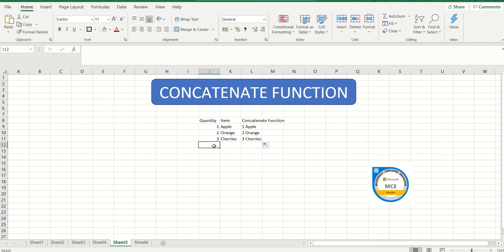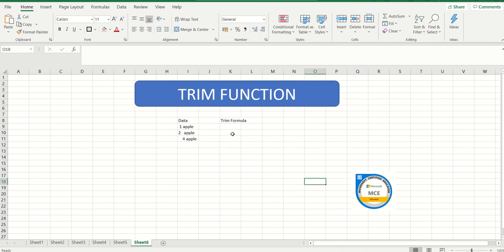So once again, the concatenate function that I have trained you on today is to put the entries in two different cells into one cell. Okay, all right. Now last but not the least for today, we are going to use the trim function. Trim, as the name suggests, comes from trimming, that means to remove the extra space. Sometimes while typing content in the Excel sheet, by mistake a space comes into the picture. Or sometimes there is a double space as well, and I would like to remove the extra space. So I can use the trim function.